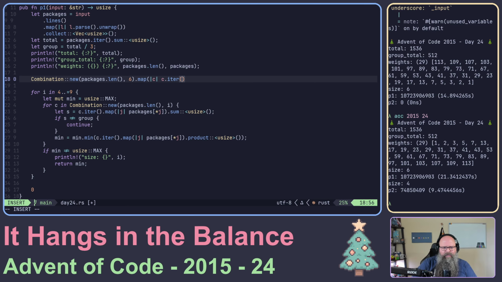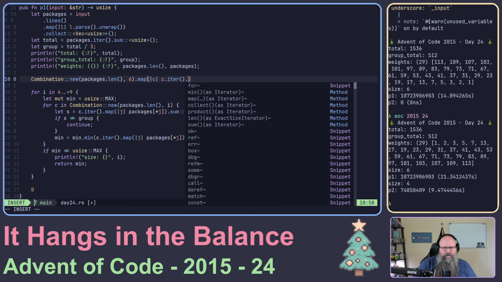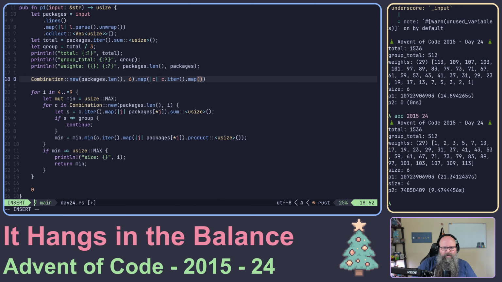So it's C iter map. I think this is still the same. So what we do is we take the combination values, we map them to the package values, and then we can filter